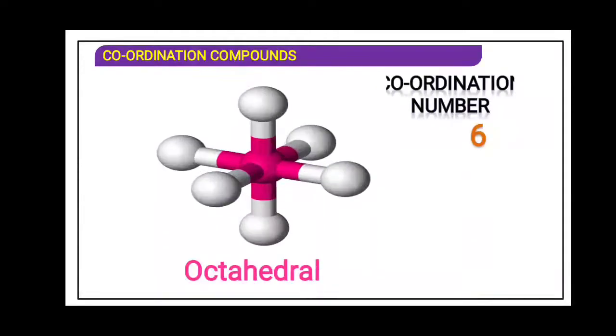Coordination number 6. Octahedral. How will the octahedral form? Try to understand. 6 coordinate ligands will be attached, and with the help of 6 an octahedral geometry will be obtained. How will it be? Try to understand. In the plane there are 4 ligands attached. See, I can draw the square. One at the top, one at the bottom.